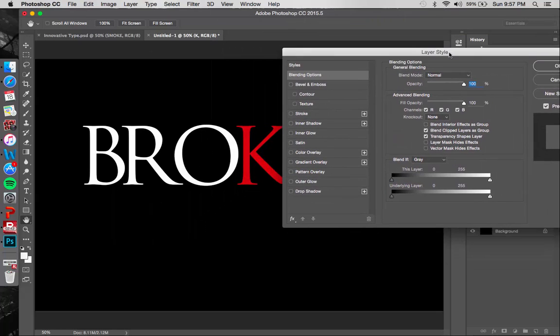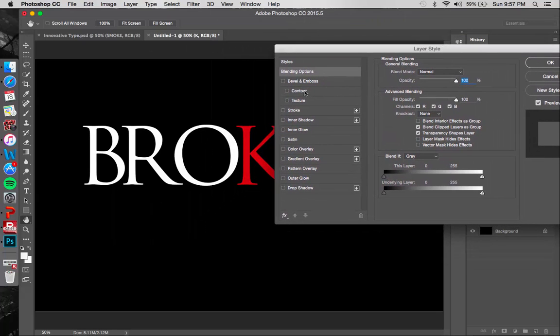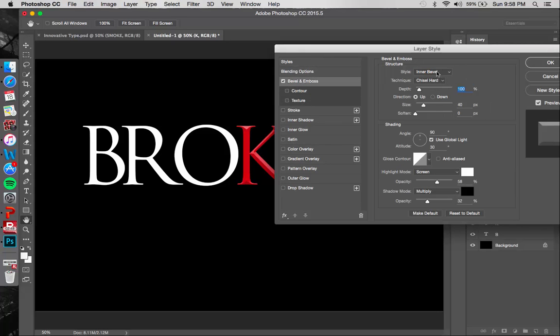Now for this style, we are going to want to choose Bevel and Emboss. The style is Inner Bevel, technique is Chiseled Hard, the depth is 100%, direction is up, size 40, soften 0,